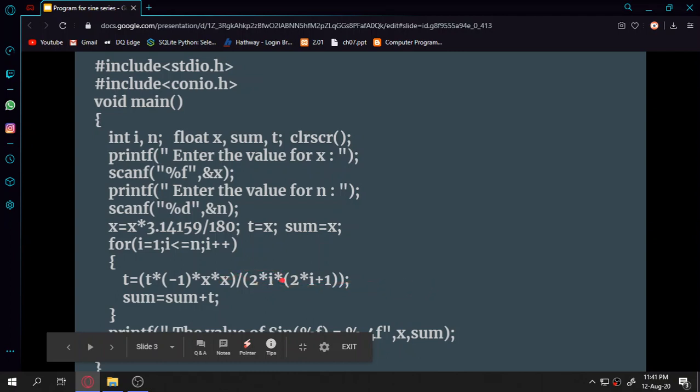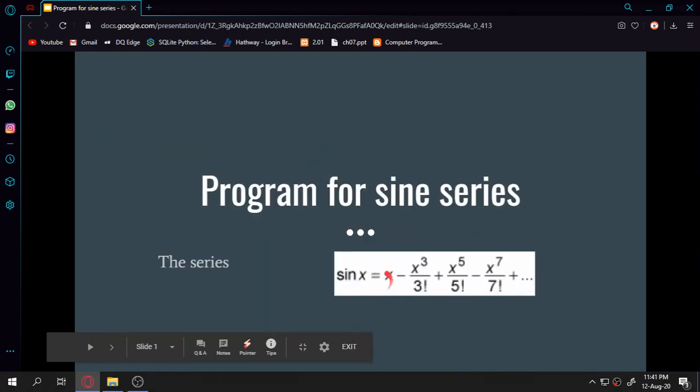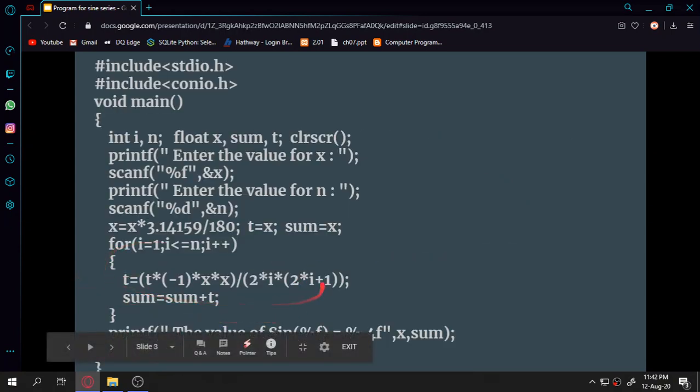And then once it does, it has to add the value. Sum is equal to sum plus t. This is the first term and this is the second term, you have to add. Now this is the sum, you have to add the new term. Then sum plus t. Next time this is the sum and this is the term. Likewise, every time you add up, this summation will be added and it will add the new term also. So that is what this for loop does repeatedly, finding the new term and adding, sum is equal to sum plus t. When this for loop gets over, your sum is calculated.